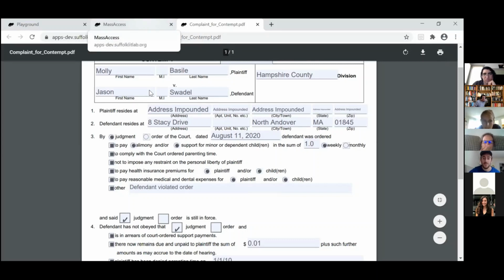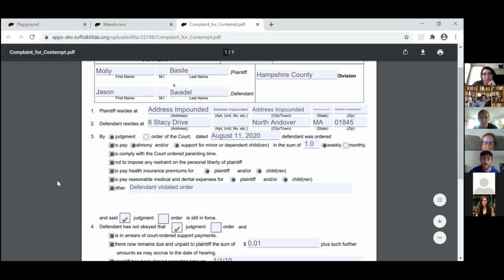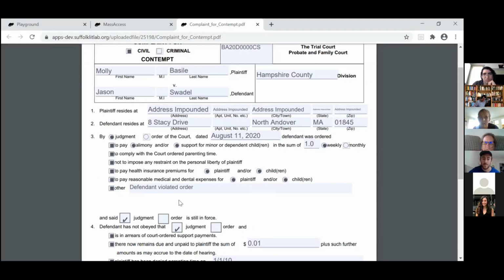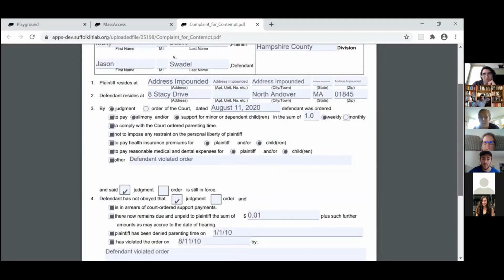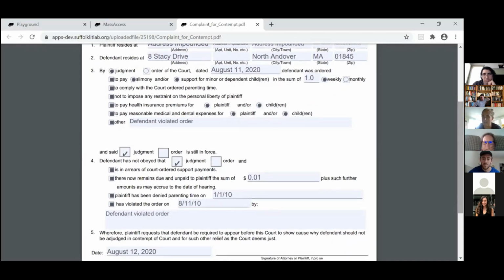I was starting to say this earlier, but with the health insurance premiums, we check that in box 3. For everything that's in box 3, we need something corresponding in box 4, because these are the elements. There is an order, and then we need to state the next element, that the defendant disobeyed that order. There's not an automatic box for the health insurance premium, so it needs to go into the bottom where it says defendant violated order.